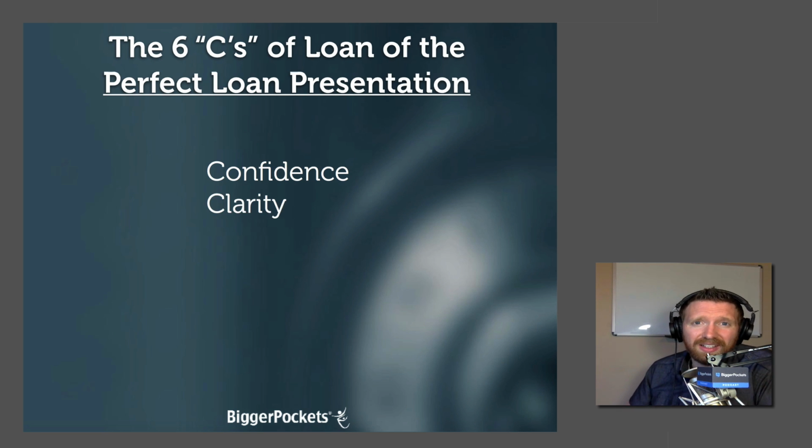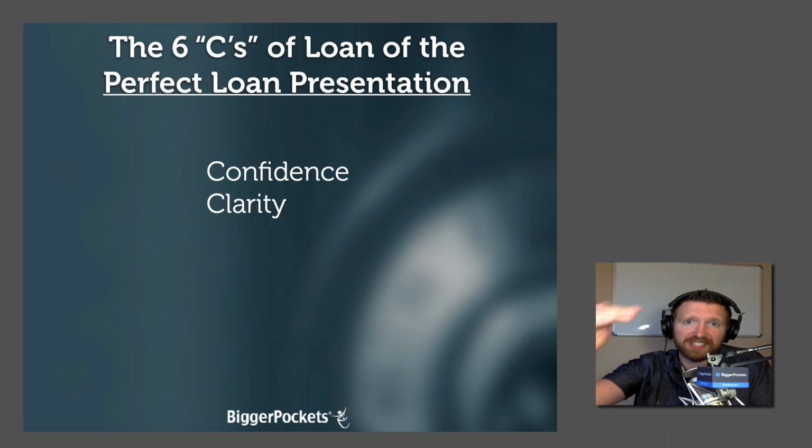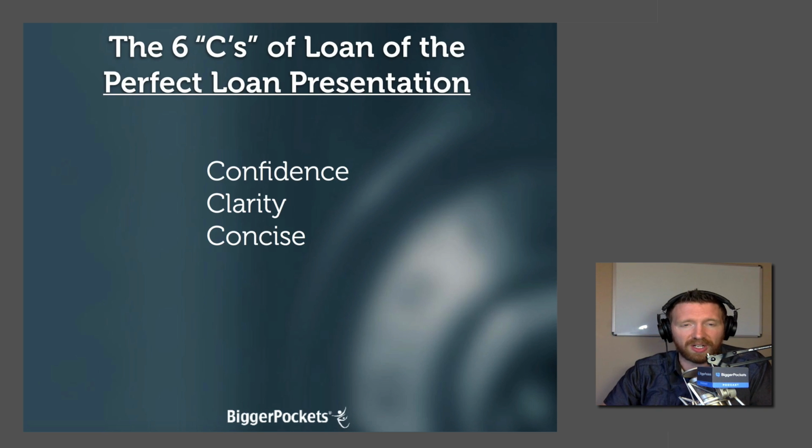Secondly, clarity. Is it clear? Instead of handing them a stack of papers and saying, here you go, I think it's a good deal, but I don't know, it's in there somewhere. You've got to be clear about it. So I always put together a one-page summary of what I'm doing. Very clear. This is what the property is. This is what the numbers are. This is what I need from you. Very clear. Number 3, concise. Like I said, I usually put a one-page summary on the front, and then I put a little packet that's very easy to flip through,